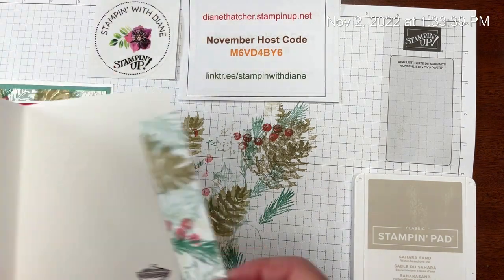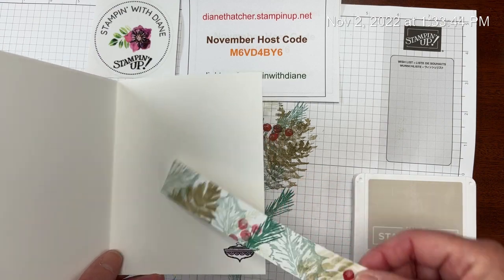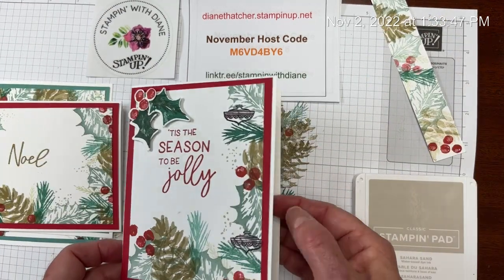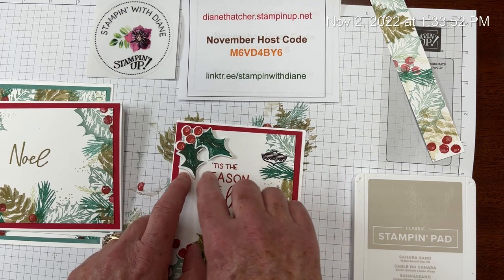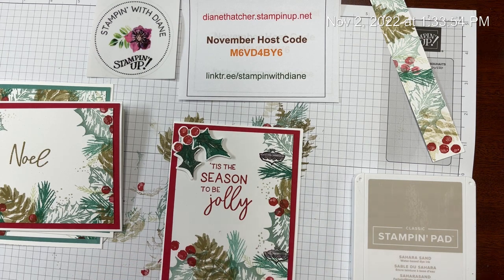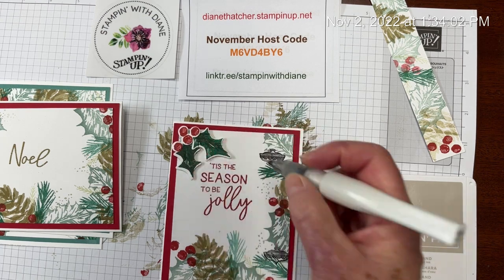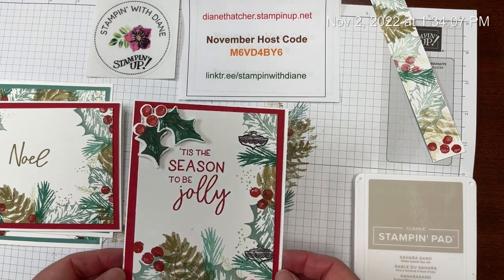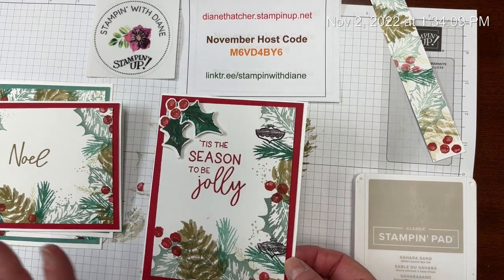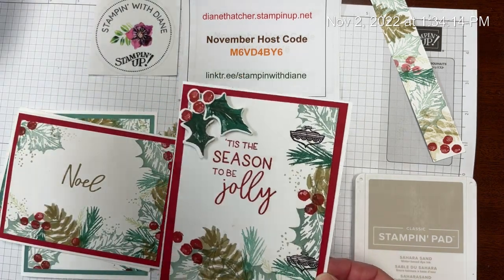Again, if you prefer, you could put a strip like this or like this across the inside of your card, up to you. And then for this one, I decided to die cut a few of the holly leaves and berries. I popped those on in the top corner with dimensionals, and then added a wee bit of Wink of Stella here just to give those a little bit of sparkle. So these cards, I have not added any ribbon, string, or bling to them. I think they're beautiful as is. Then when you decorate up your envelopes,